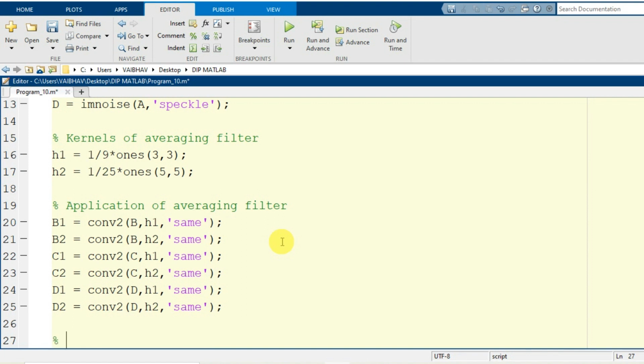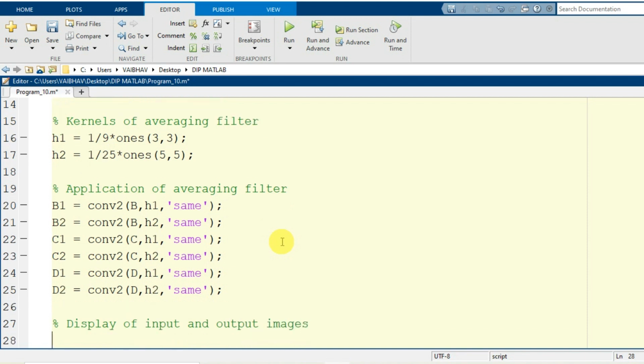Now the last module is to have the display of input and output images. So now I'm going to make use of three different subplots here, as there will be a comparison of three different noise types after the application of the averaging filter.